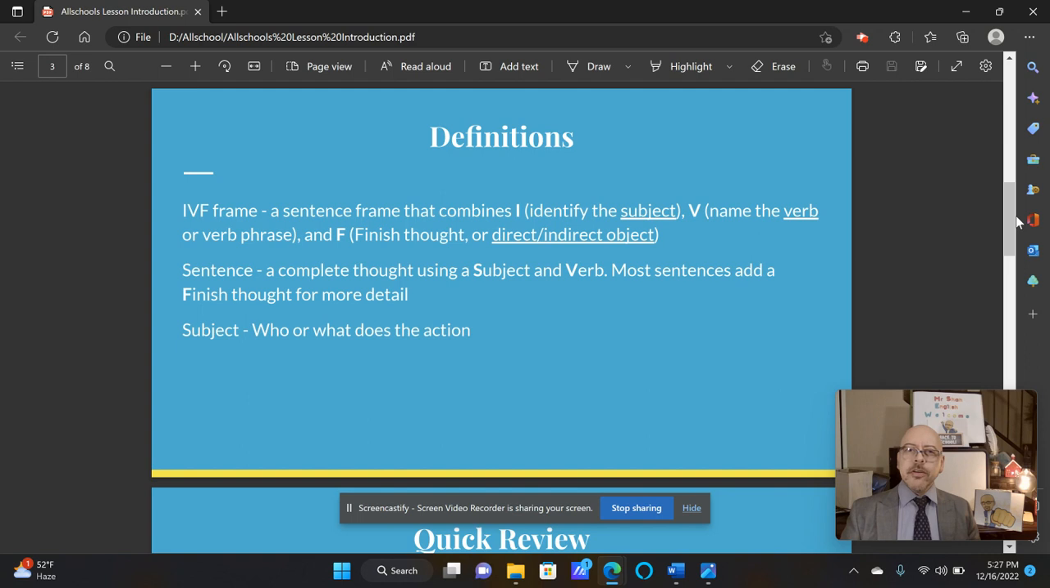Louis, you have a puzzled look on your face. What is the I? Great question. You walked right into our slide right here. So the IVF frame is a sentence frame that combines I, meaning identifying the subject, V, naming the verb or verb phrase, and F, the finished thought or direct or indirect object. Now a sentence needs to have a subject and a verb. It says here a complete thought using a subject and verb. Most sentences add a finished thought for more detail. And the subject, of course,